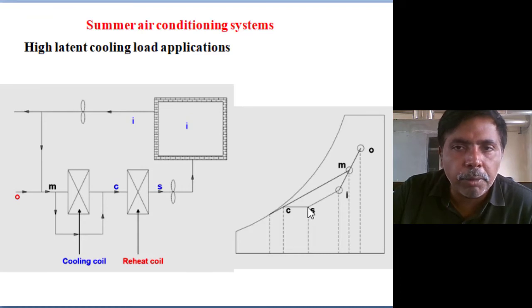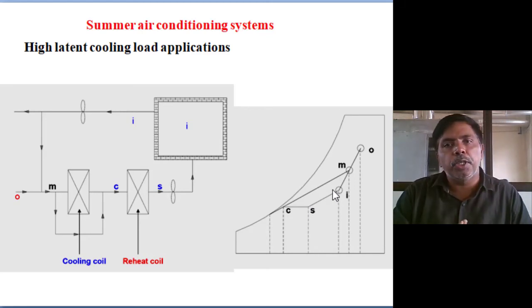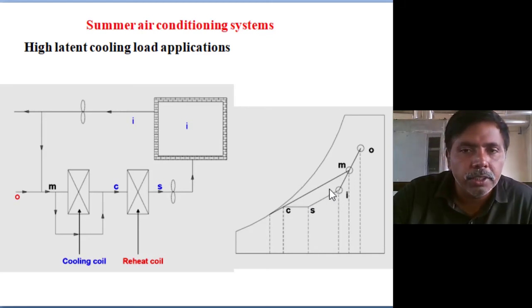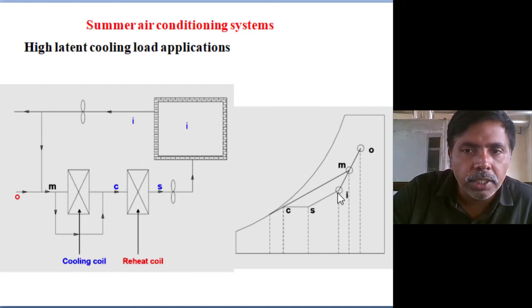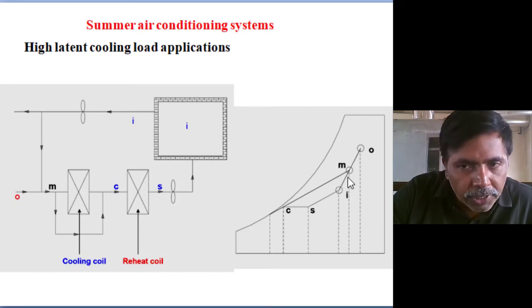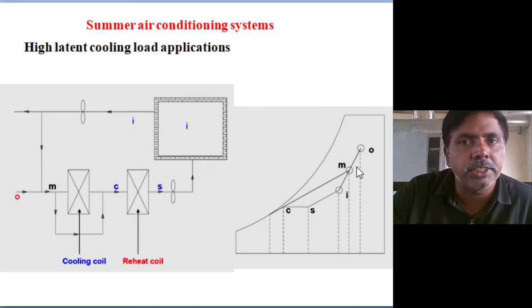Inside the room, what happens? Further temperature gain and further moisture gain take place, because summer means more moisture is available. So absorption of the moisture is important. More moisture is taking place. Again that moist air is recycled. At the time of recycling, some fresh charge we are adding. So by addition of the fresh charge, further temperature rise and further moisture rise take place.